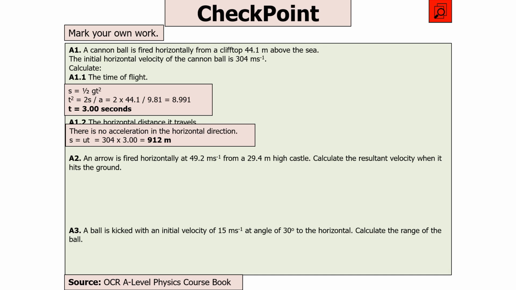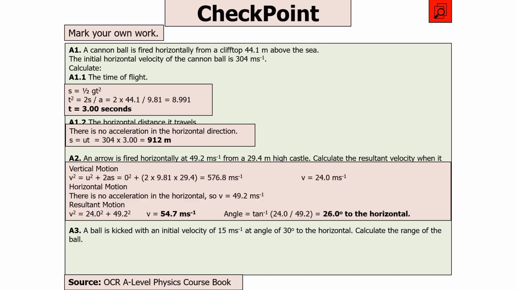Speed is equal to horizontal velocity times time, so it's 304 times 3, 912 meters. In this next question, we can work out the vertical motion by doing v squared equals u squared plus 2as. Remember that it's starting off with no vertical velocity because it's fired horizontally, so u is equal to 0. a is going to be 9.81 because it is gravity that's acting upon it, so v